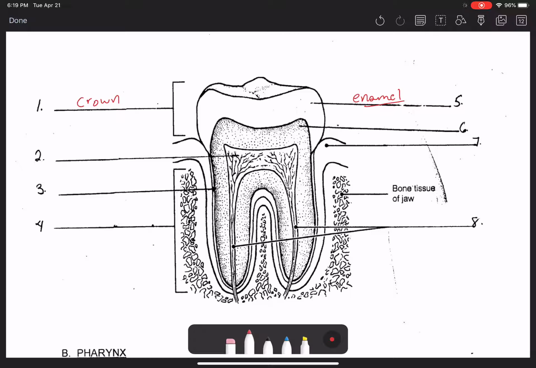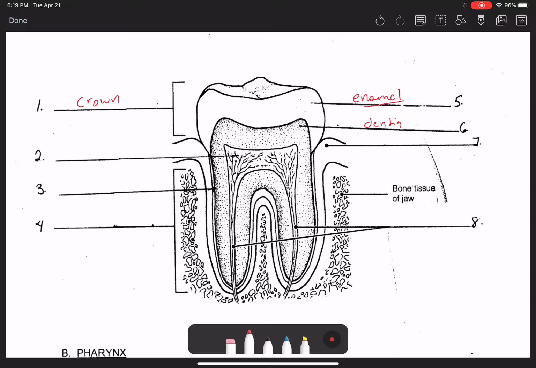Then the ultrastructure of the tooth is actually reinforced and composed of this compound known as dentin. And the dentin is this material that's more shaded or speckled. All of these little dots throughout this diagram represent the dentin of the tooth. It's basically responsible for the ultrastructure of the tooth. Now, the dentin actually extends inferior to the crown